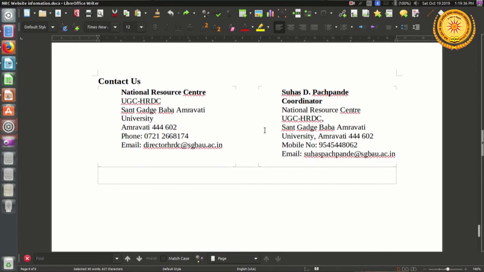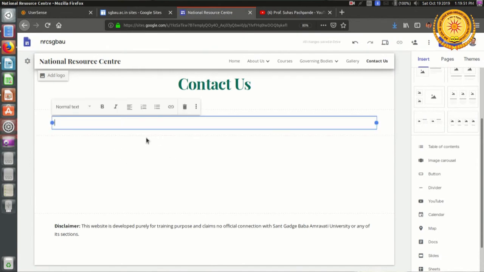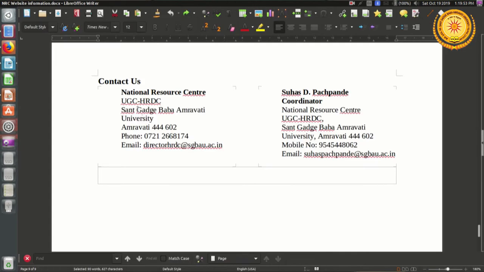On contact us, I want to display the information in 2 parts. Naturally, on the left hand side there will be one text box, and on the right hand side there will be another text box. So again I double click, insert a text box, and get the content for the first text box.